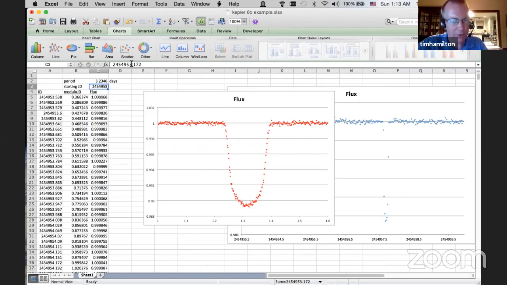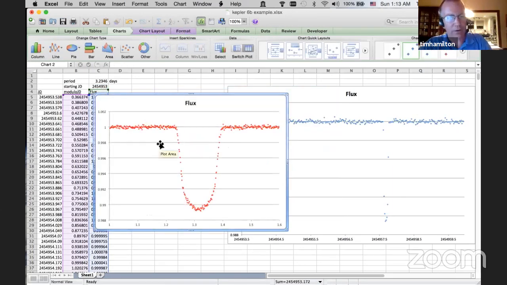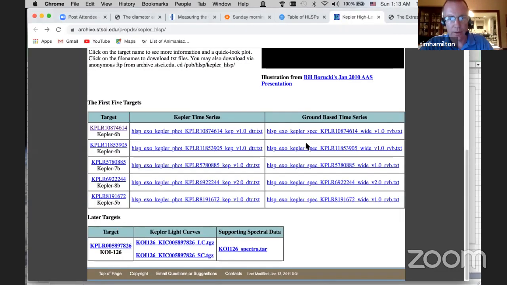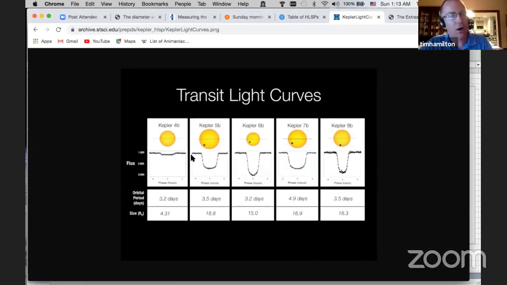Now, you're finding the period in a way by trial and error, but you can know which way to go by how these points line up naturally or whether they don't. How do you assess what's better? Okay, so Dr. Hassan has asked how do we know when we've got it? We expect to see an appearance like this. All of them will look about like this, so you don't have to know what your particular plot looks like. It should look more or less like this in any one of the cases.